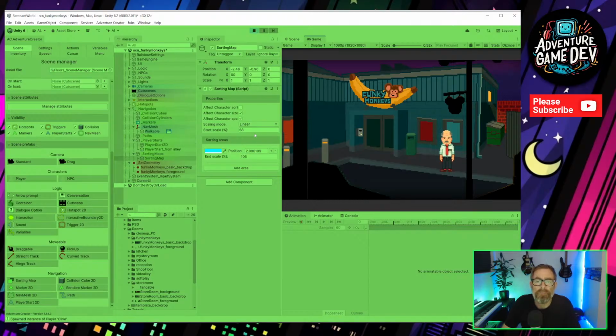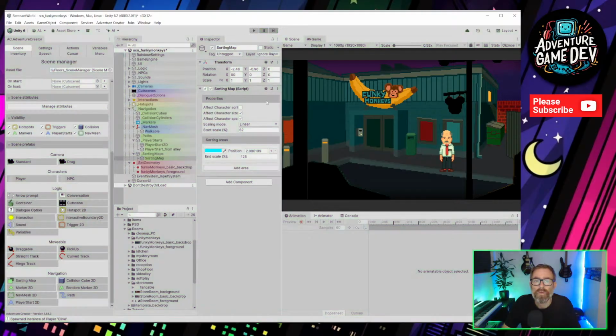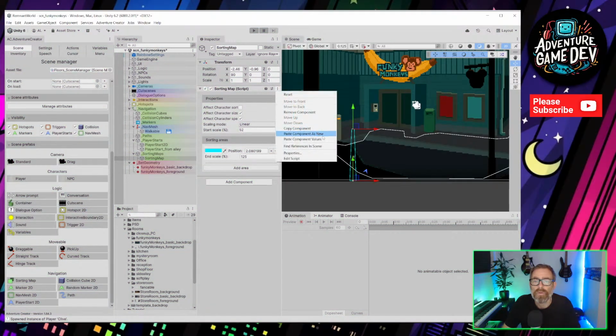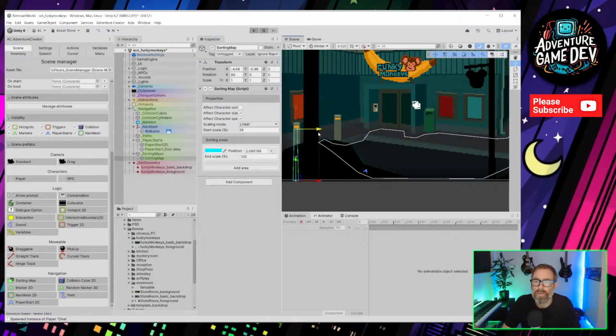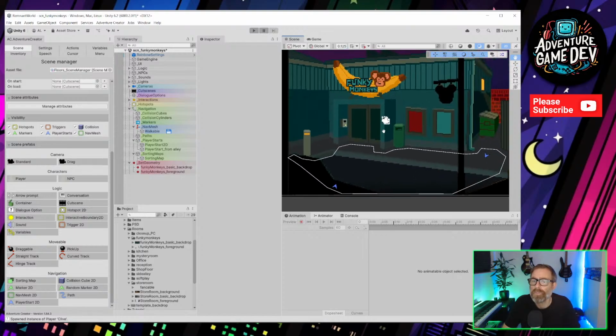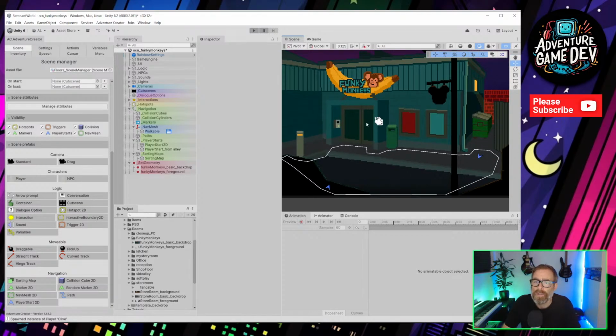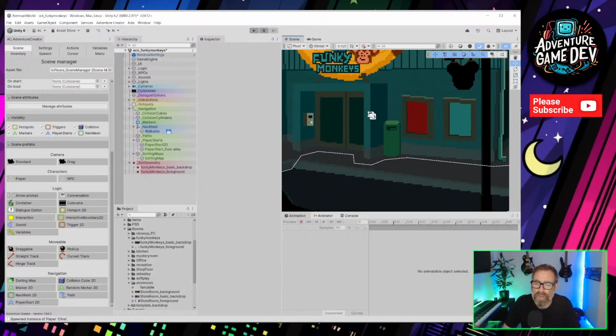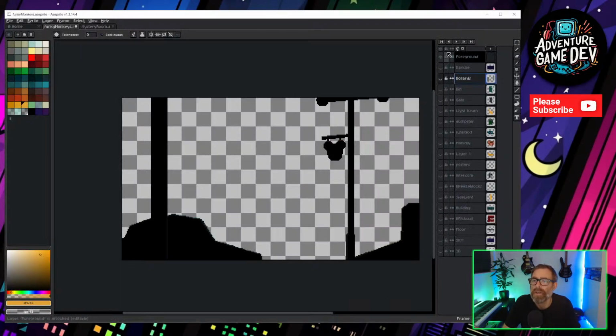All right, that'll do. So 58 and 105. We can just copy that component and then paste the values. So that's that sorted out. So we're happy with the scale there. Just slide that off the screen so it's not in the way. We've got our entry and exit points. That bin probably needs to be a bit smaller in the artwork. I can just fix that now, I guess.